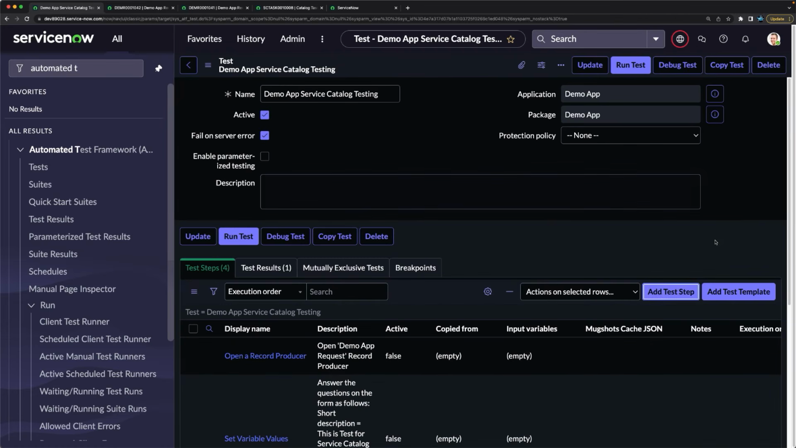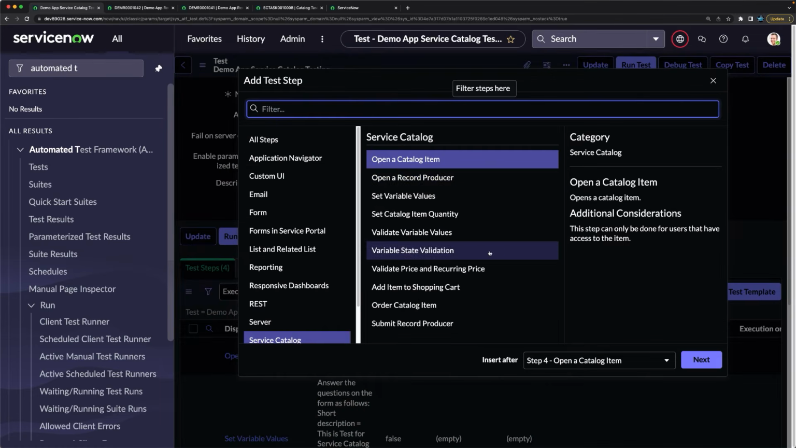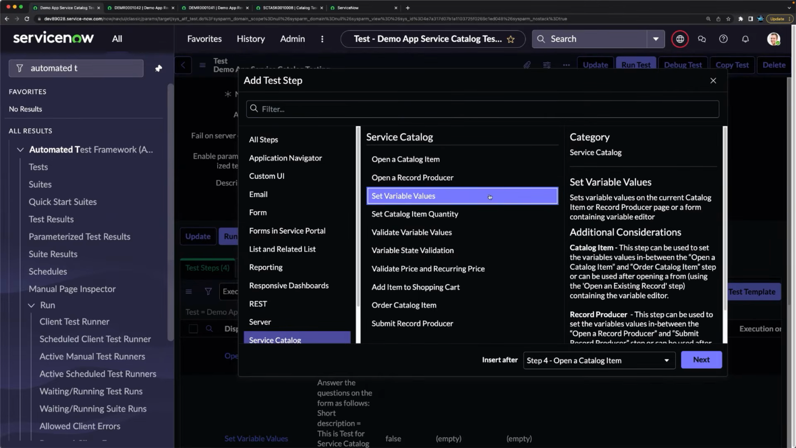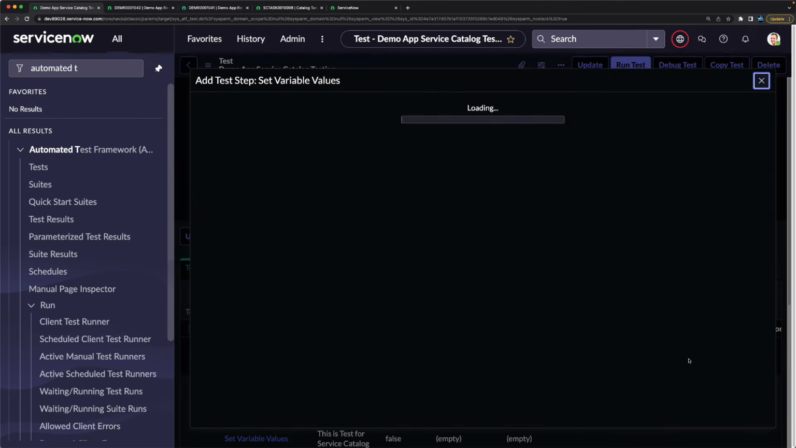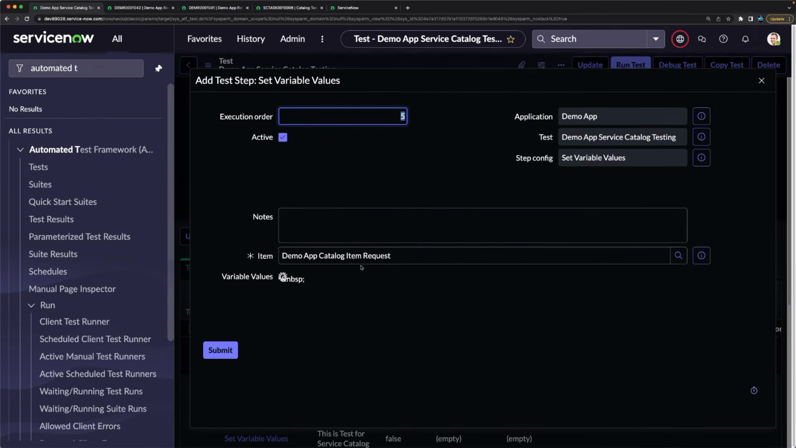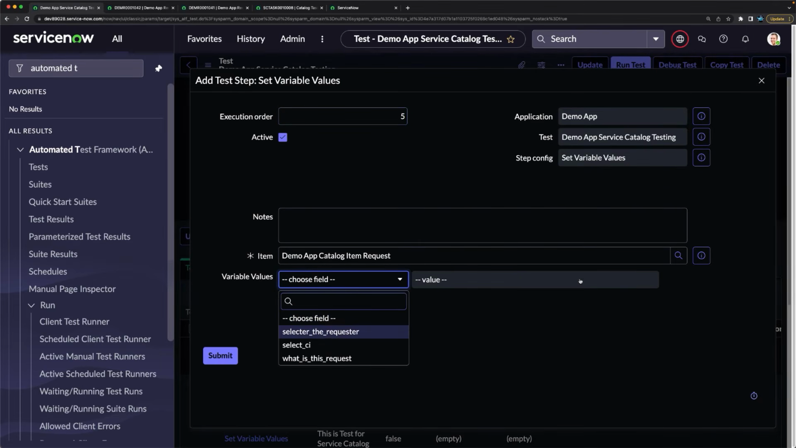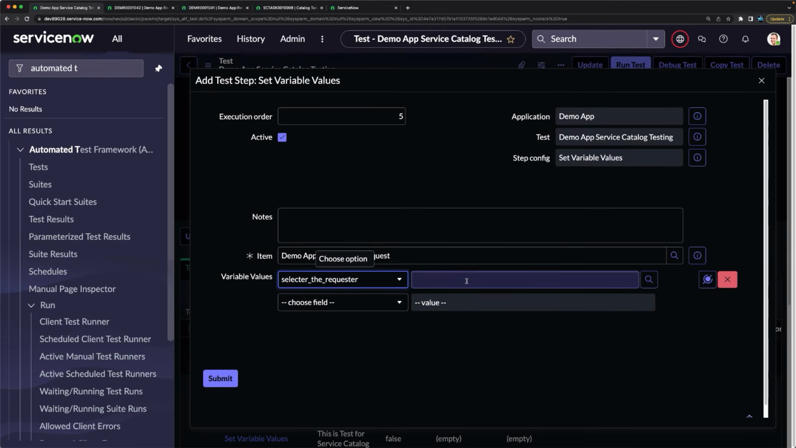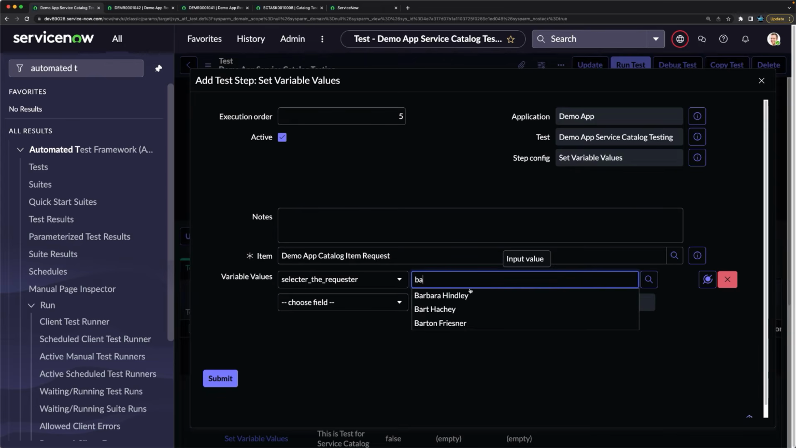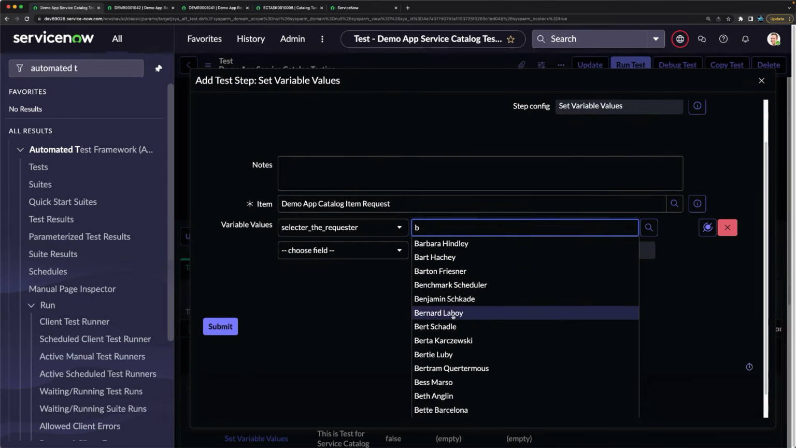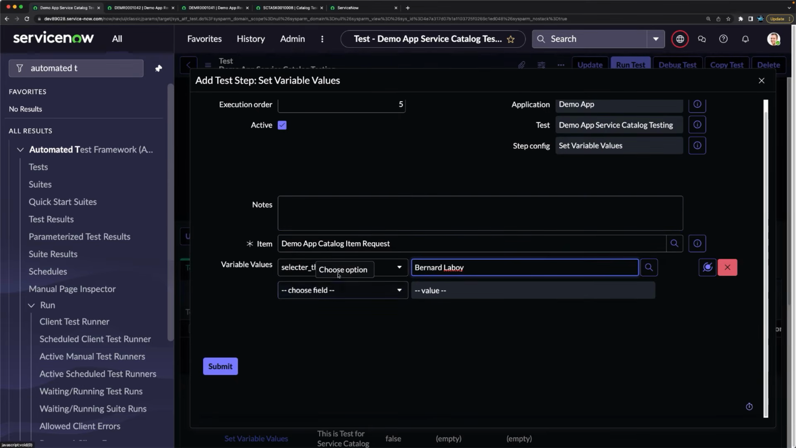and then I will click on add test step. Here I can set the variable values. So I will click on next, and here I will mention the values. So starting with select the requester, and I think I can just mention Bernard Laboy, and here I will just mention CI,